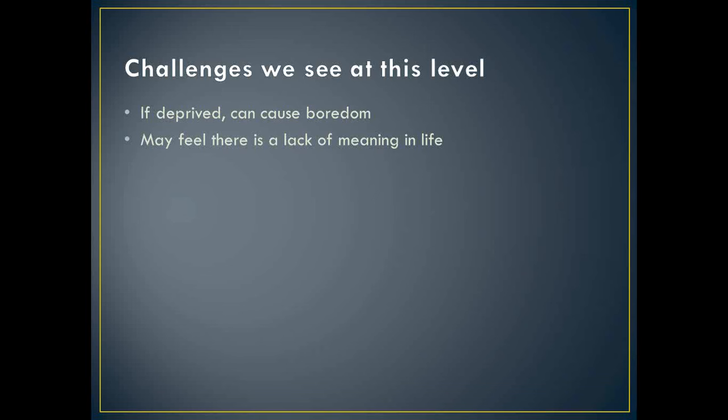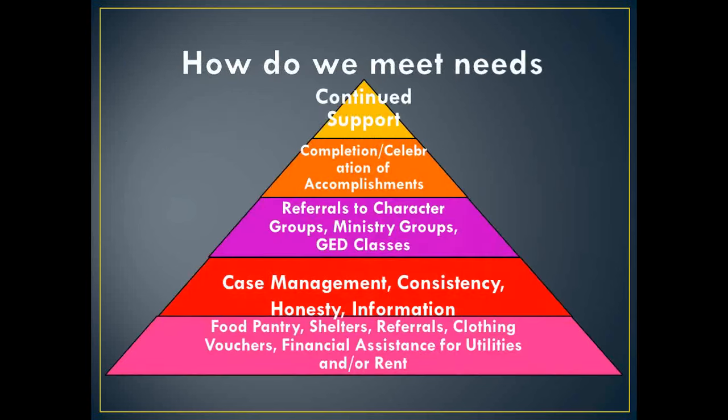So those are the hierarchy of needs as Maslow explained them, and those are some of the challenges that we see with our clients when we're working with them. One of the things that we want to look at is, how can we now meet those needs? How do we use what we know about the needs to better assist our clients? There are many services that we provide and many things that we do now to help meet their needs. We have to learn how to be more strategic when we're providing these services as we start to see where our clients are at